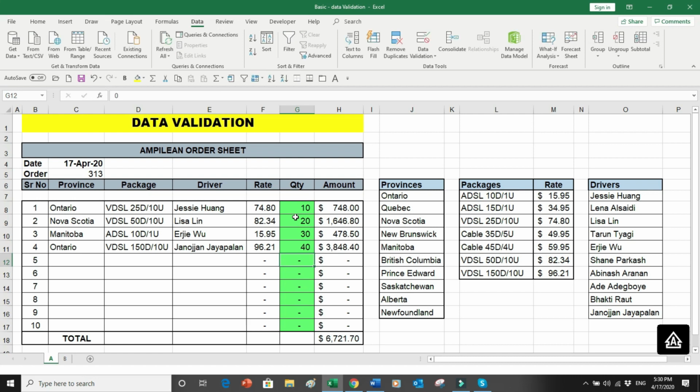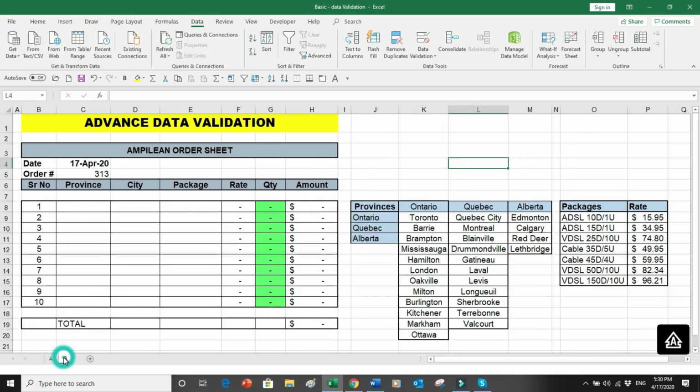At any time I want to clear my data, I can select anything and press the delete button. My data will be cleared and I can select everything from scratch. So that's not a problem. That's simple data validation. Let's do some advanced data validation, and this is very interesting. In my 20 years of career, I have hardly seen anybody who knew these skills and used them at a professional level.